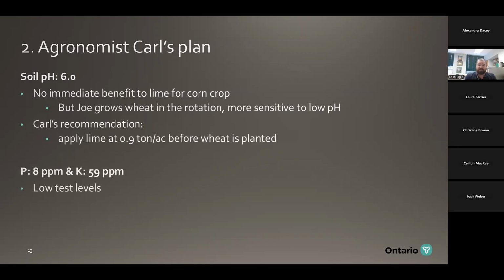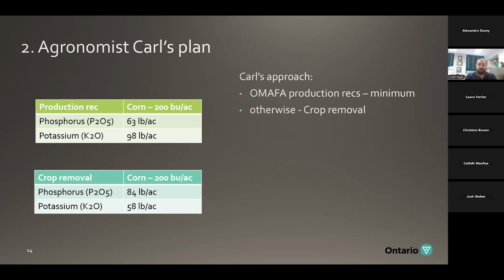And if we look at the phosphorus and potassium levels, we generally consider those low test levels. Carl wants to know both what OMAFA's production guidelines are, as well as the nutrient removal values, in order to choose a level that not just gives a response, but also prevents those soil test levels from dropping any further. And so looking at basically the production recommendations like we had in our first scenario, and the crop removal for that same crop, same yield goal,